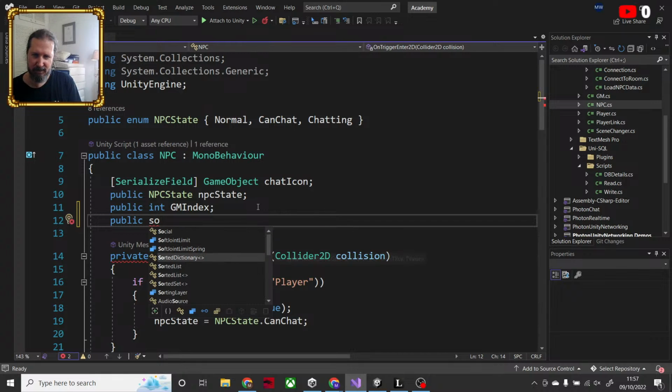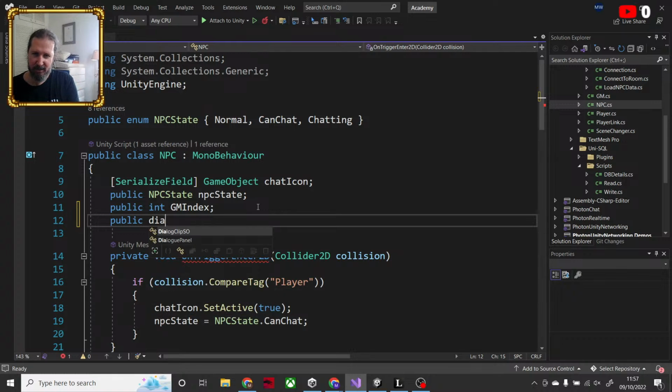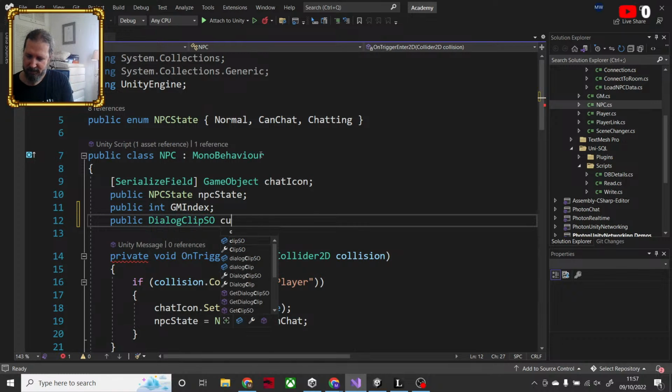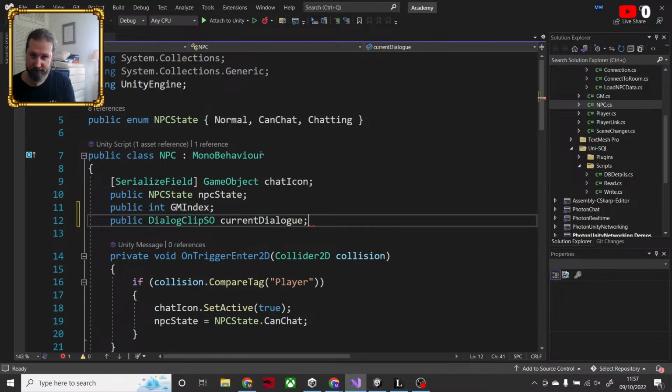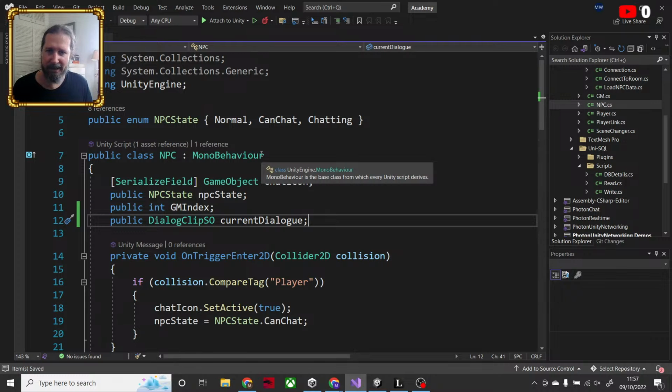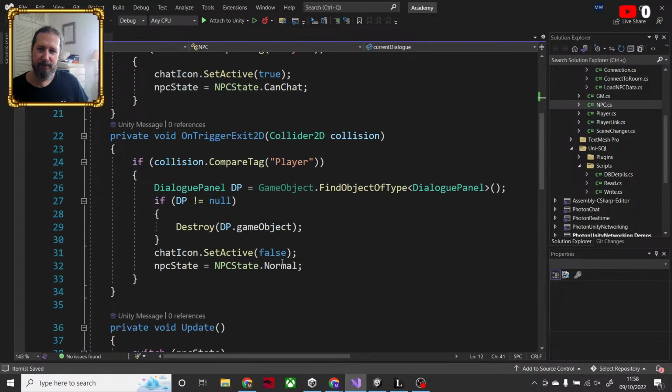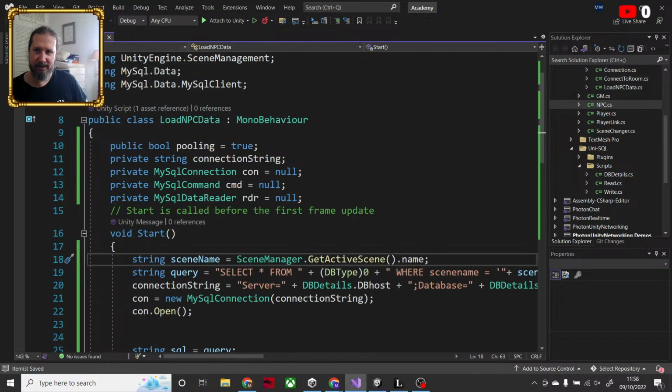Nope. I forgot what I called it. Let's see, dialogue clip SO. Yes, dialogue clip SO. And I'll call this current dialogue. And it's going to be blank by default. It's when I use the load NPC data that it's going to work.